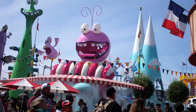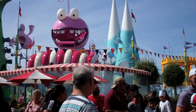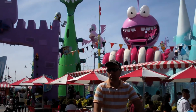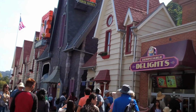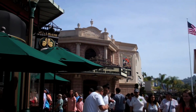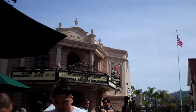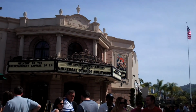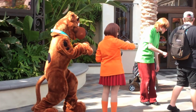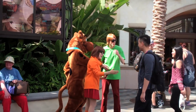The water area by Super Silly Funland is in full operation. It's probably getting a lot of attention today because it is a bit warm. And still no word yet as to what's going on with the Secret Life of Pets ride, whether it's going to go in where the Globe Theater is. I do not know if that's going to be confirmed or not, but we will see. As you can see, Velma, Scooby-Doo, and Shaggy are over here taking photos right in front of the studio directory. That about wraps it up for this episode of my